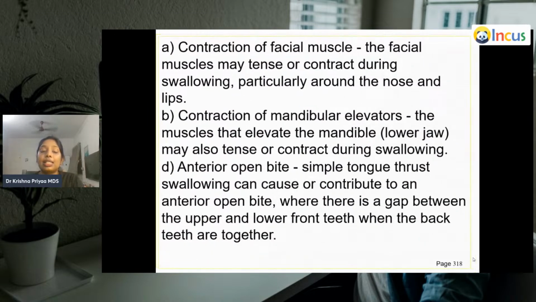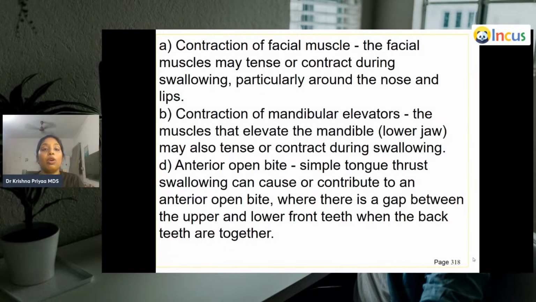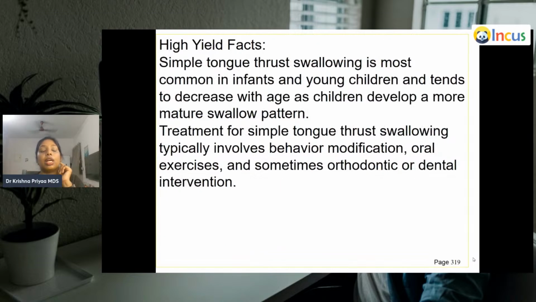So usually, simple tongue thrust swallowing will include contraction of facial muscle. It may tense in this area. Contraction of mandible elevators, because they need to elevate the mandible, therefore they contract. Anterior open bite, where there is a gap between upper and lower front teeth. So the facts associated with this MCQ are that simple tongue thrust swallowing is most common